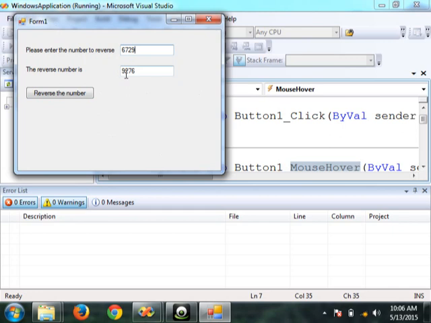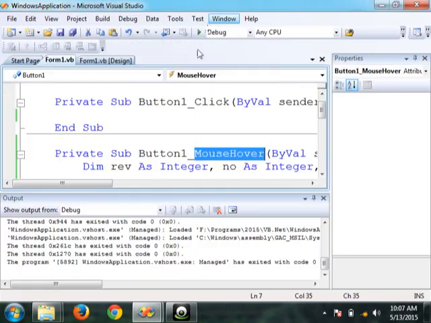So you have to decide which event you want to target. There are lots of events for a particular control. But every control, as I told you, has got important properties, important methods, and also important events. Everything is not required most of the time. All right, okay, now you can do a good designing.